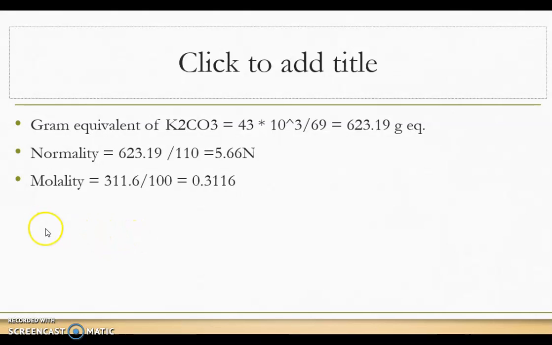So we have completed the units and how you can convert them. We have also learned the normality and molarity concept, and we have also learned some problems by which we can find the normality and molarity. In class we will learn in detail, and also in the next video we will try to learn some more of the mole fraction concept. So thank you very much. Thank you.